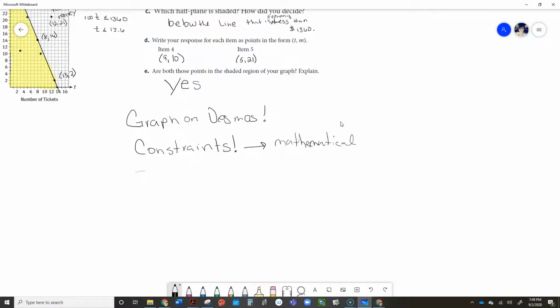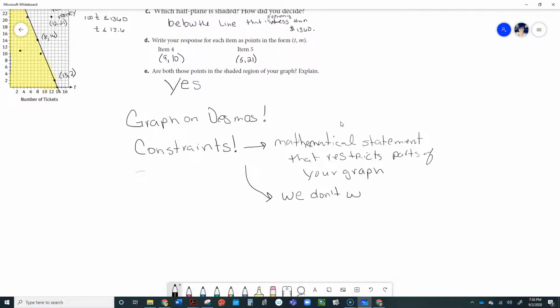A mathematical statement that restricts part of your graph. In other words, it cuts them off. It says we don't want to look at that part. So a verbal explanation of a constraint is a statement that says